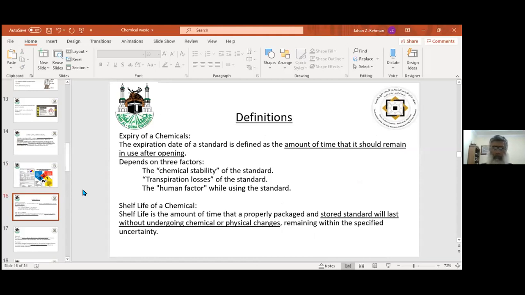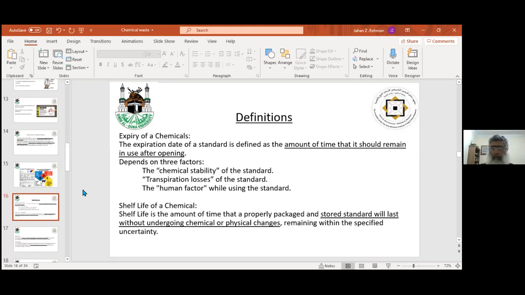Expiry means you purchase milk from any shop. So there is an expiry date. It is written as consumed before, CB, consumed before this date. So you have to consume this milk before its expiry date, because after expiry, this company is not responsible whether it is in good condition or not, whether it will be milk or it will be something